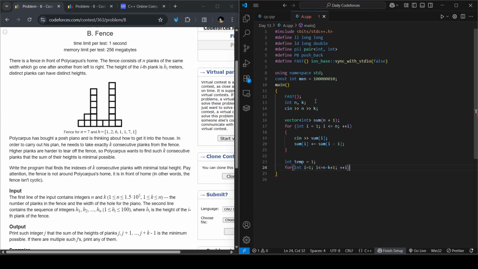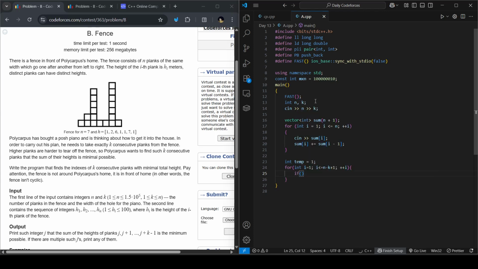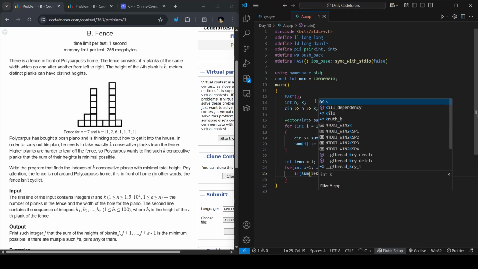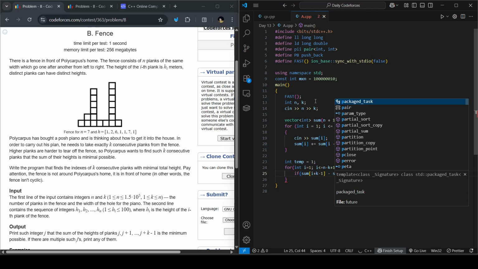I stop my loop at n minus k plus 1, and then I'll write a condition: if sum of i plus k minus 1 minus sum of i minus 1 is less than sum of temp